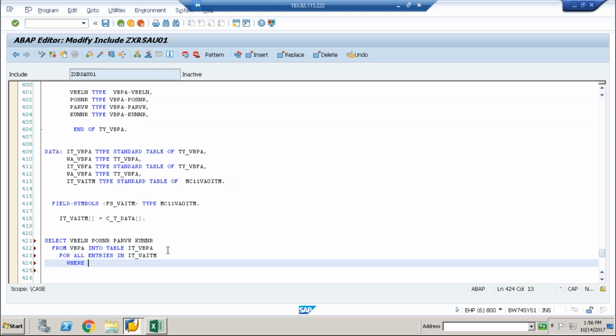Where, what's your matching condition? VBELN equal to IT_VA_ITM-VBELN, and